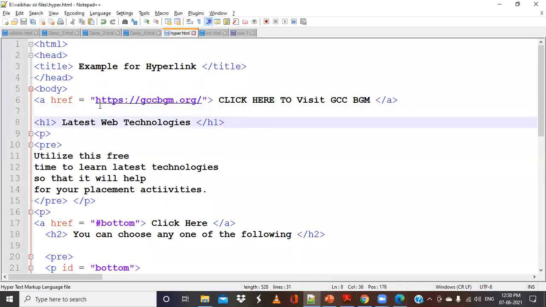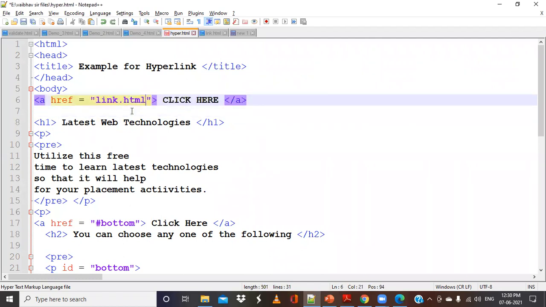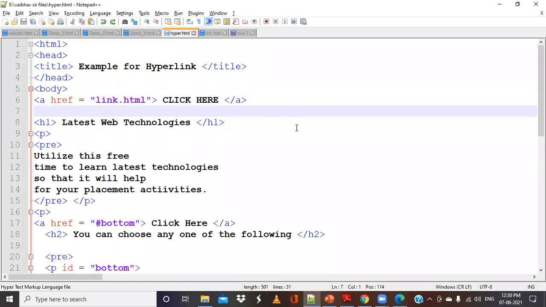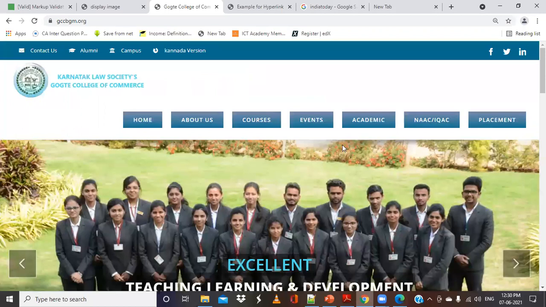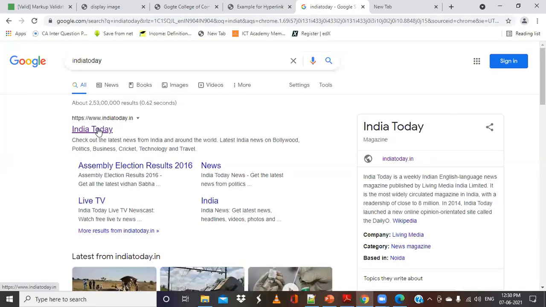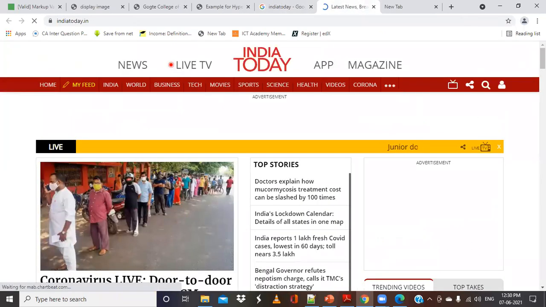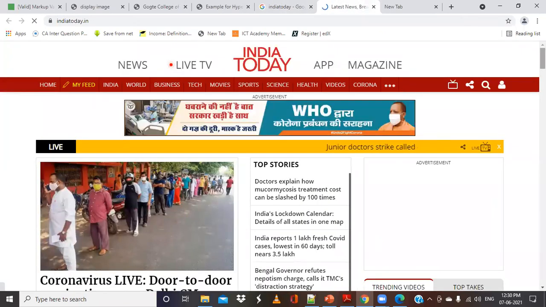Okay. So now what we have done, we have made navigation from one page to another page. This can be a URL or this can be a document as well. But instead of that, if I want to give a link within my document, let us say you have opened India Today. I will open this, and here I have the option. The page is very heavy. It is loaded with documents, images, links, and so on.